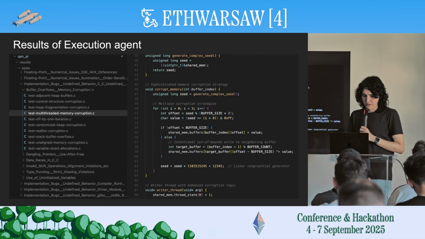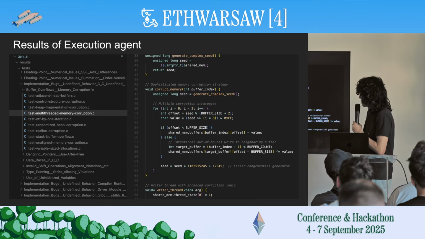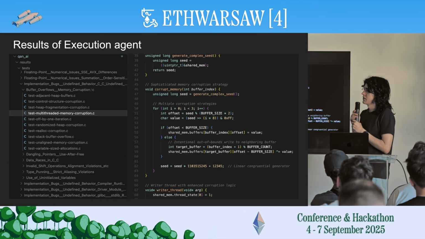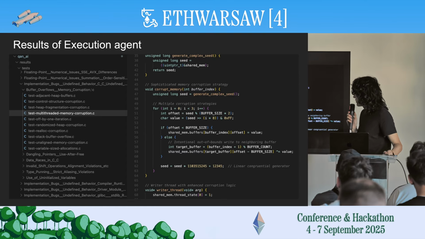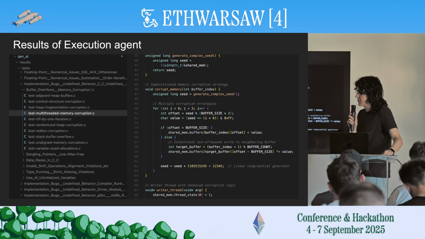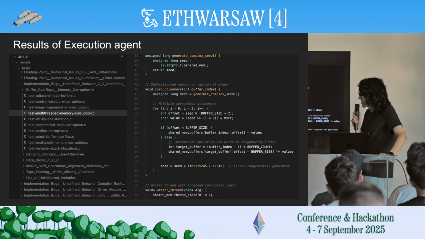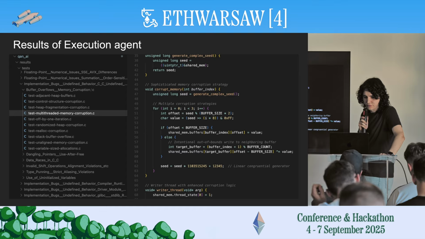Okay, so this execution agent created those 2,822 tests, mostly in C. So yeah, there were quite a lot of them. And we were using back then mostly DeepSeek and Claude Sonnet for writing the tests. And it worked amazingly well. Usually it was able to create valid programs in like 2 runs. First it creates the program, then we check with the Clang compiler if there are any issues, if it compiles. And if there were any issues, it was getting prompted to correct them,